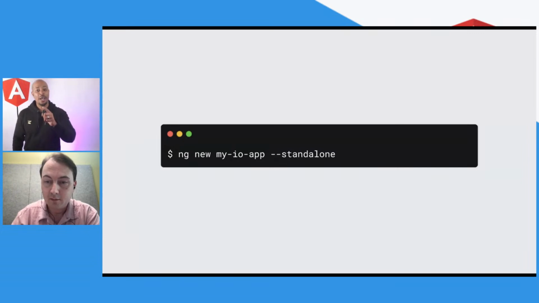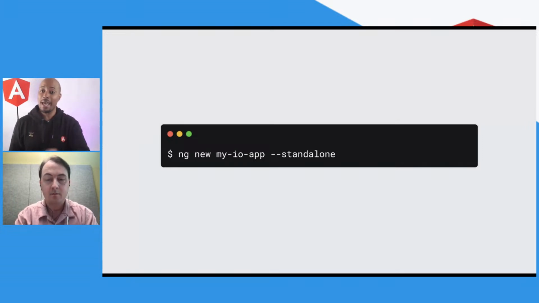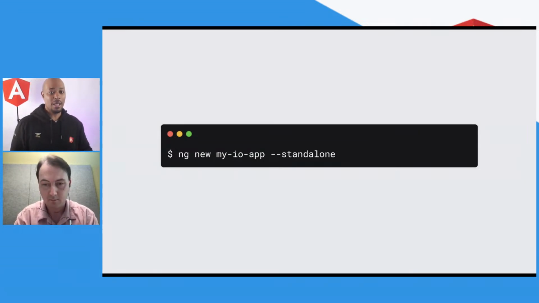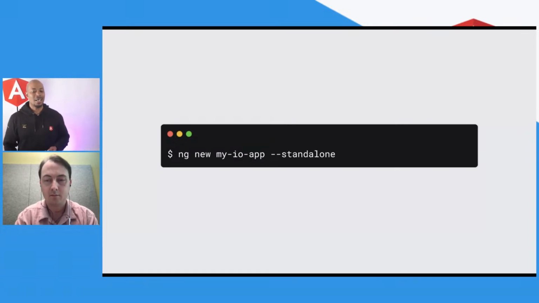All right, here's something else we got for you that we know is going to be super exciting. I just showed you the migration path, which, by the way, speaking of paths, you can actually migrate via the path flag. If you don't want to migrate your entire application, you can just migrate part of your application. Very, very smooth. But here's what else you can do. You can also use the standalone flag when you're creating your application. That's going to be a nice way to create a new application.